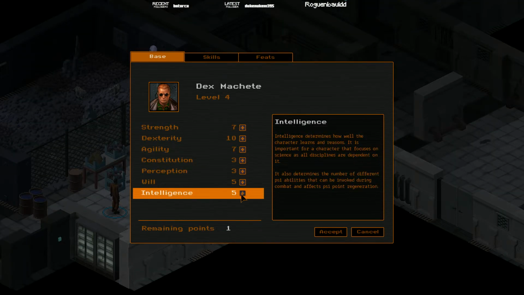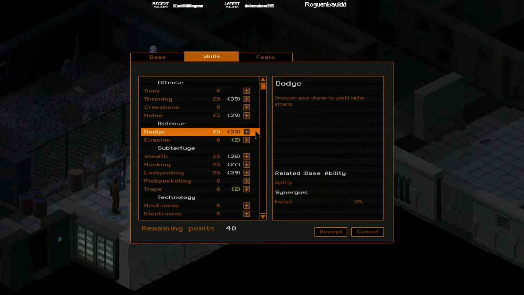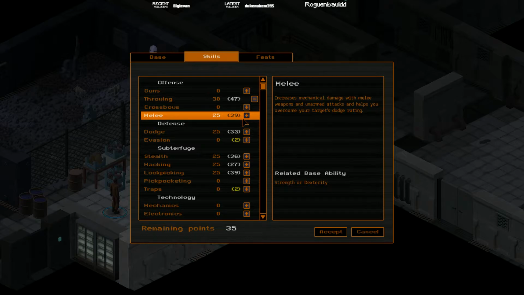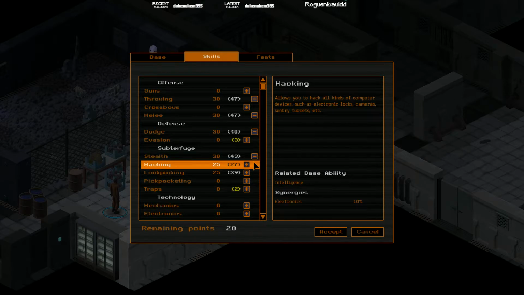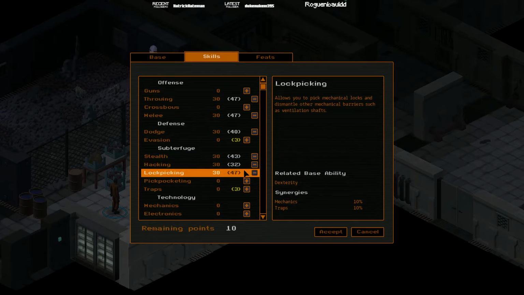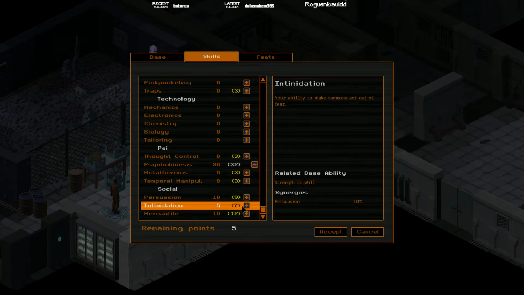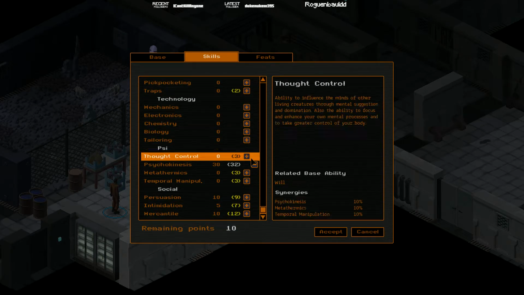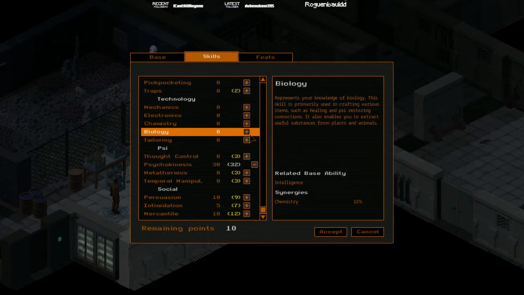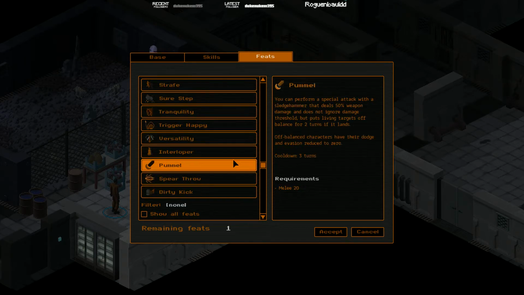So now we have a choice here. We can either go strength, intelligence, or agility, and of course we can always go dex. Since this is a dex machete build, that's what we're doing. Lockpicking, psycho, of course. We're actually not gonna level lockpicking right now because we want biology to open bioweaponry, but